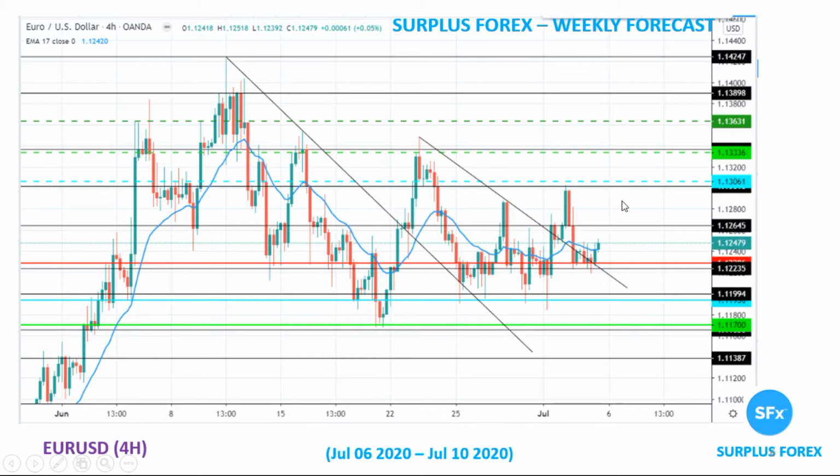If it crosses 113, then 113.06 should make a good test, and that will be the first entry point, keeping the first target 113.33 and second target 113.63. On the reverse side, if it falls below the old support, crossing the old pivotal point 111.99 or 112, and makes a good test at 111.95, keep the first target at 111.70 and the second target close to under 111.38. So that's for Euro USD.